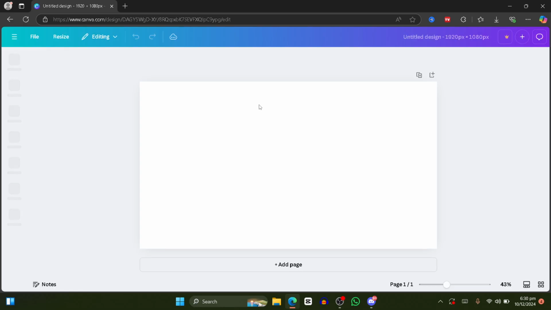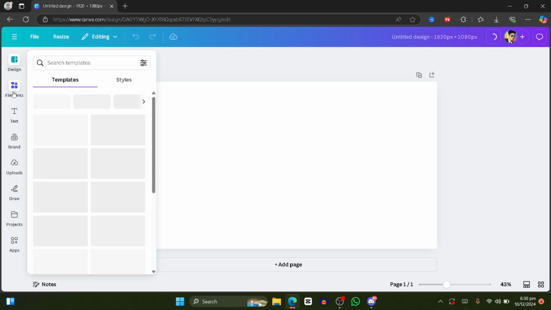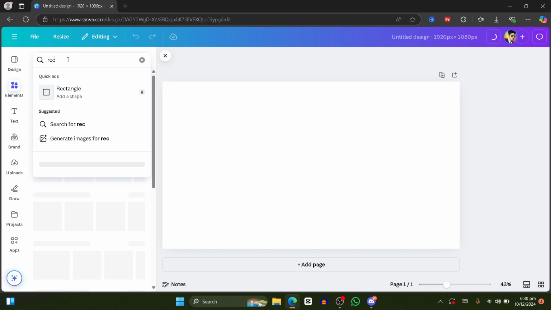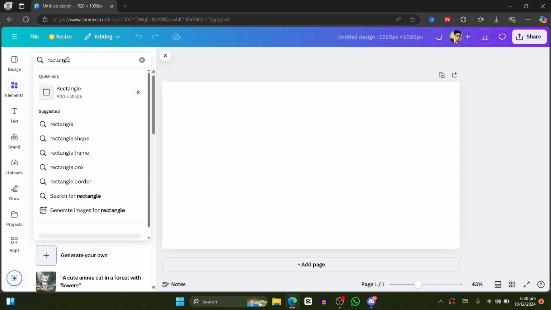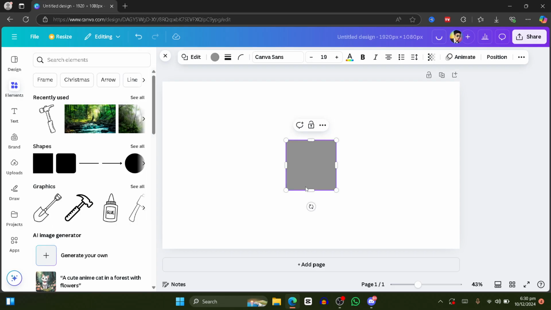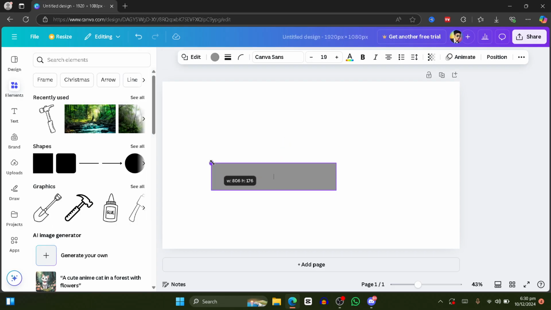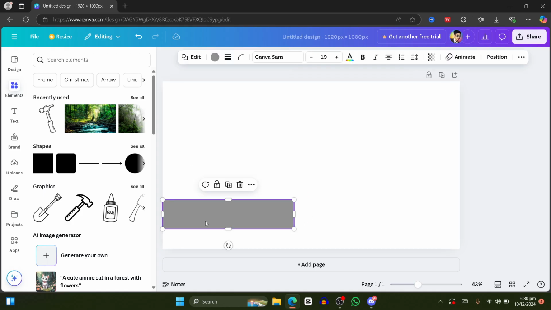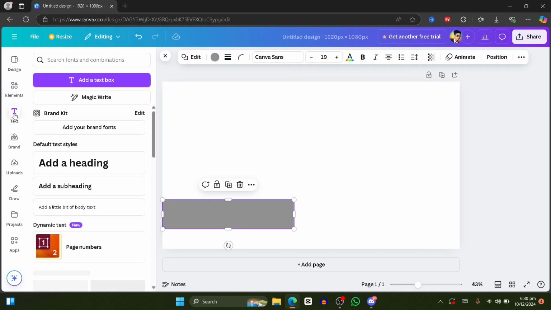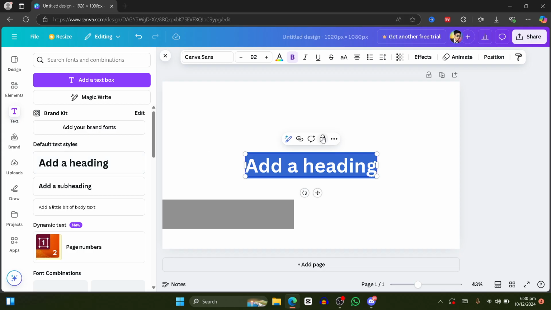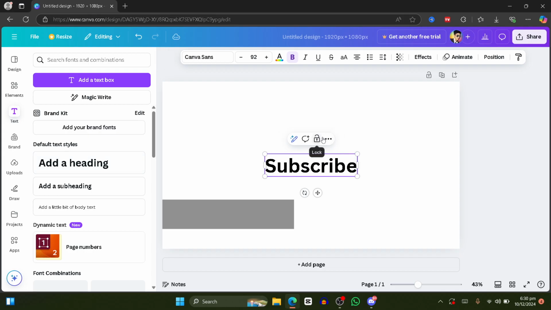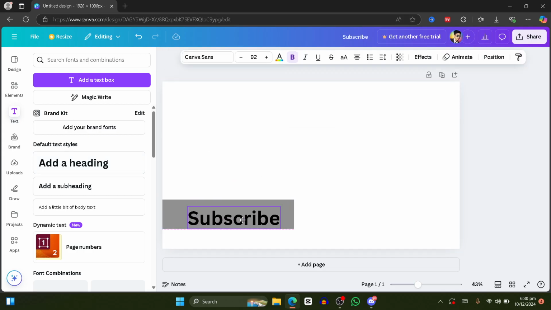And once you have done that, go to elements, write something like rectangle shape. You can get creative with it, but I'm just gonna use this method. So I can put it here, and for example I can write something like subscribe here,